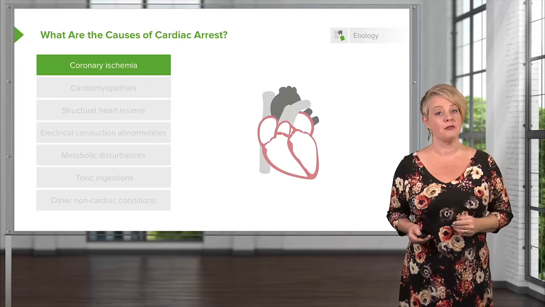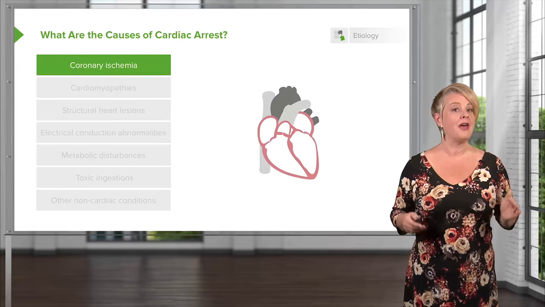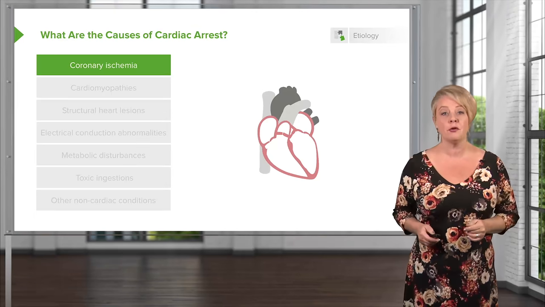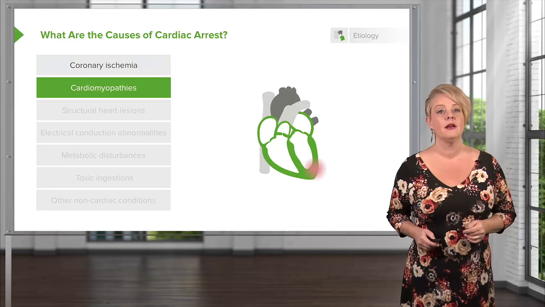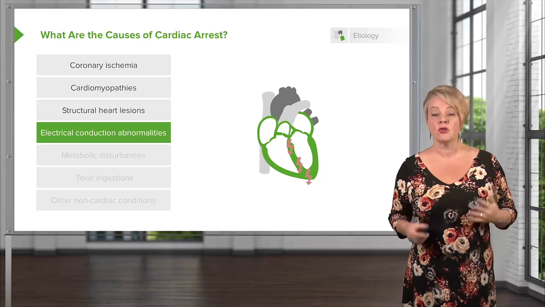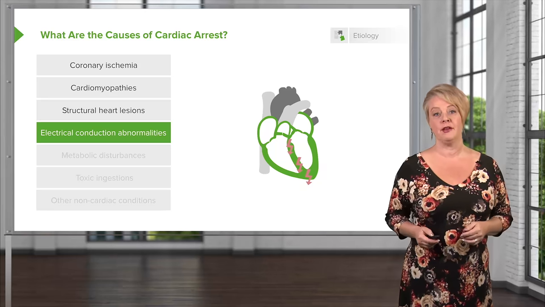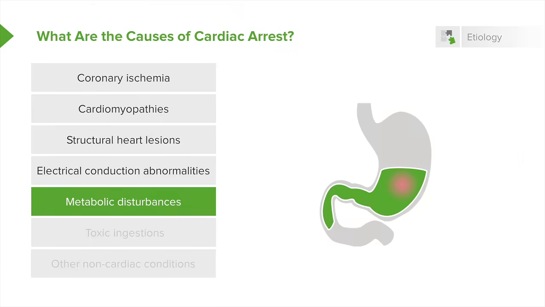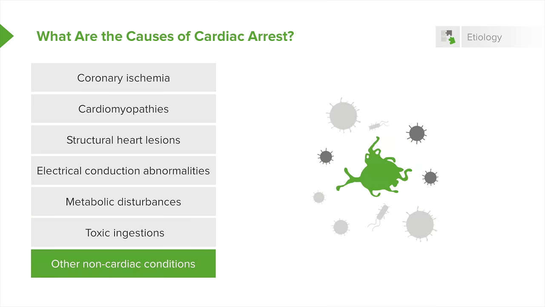So the primary cause of cardiac arrest, first and foremost, is coronary ischemia. The whole world over, that is the number one cause. But there are other things that can lead to cardiac arrest as well, including cardiomyopathies, structural heart lesions such as valvular disease, electrical conduction abnormalities such as Brugada syndrome or other channelopathies, metabolic disturbances, particularly those in electrolytes, toxic ingestions. There are a number of poisonings that can produce cardiac arrest, and there are other non-cardiac conditions that can lead